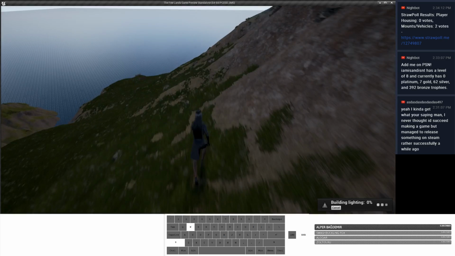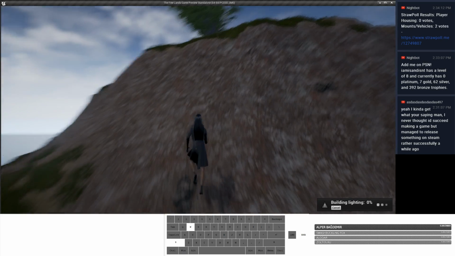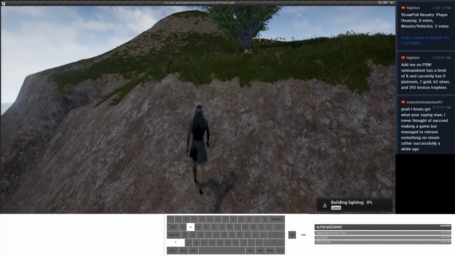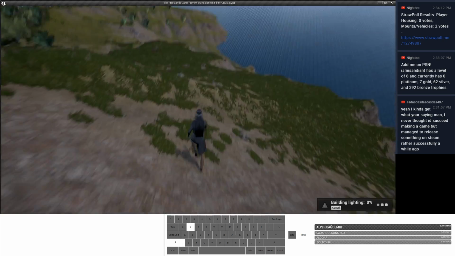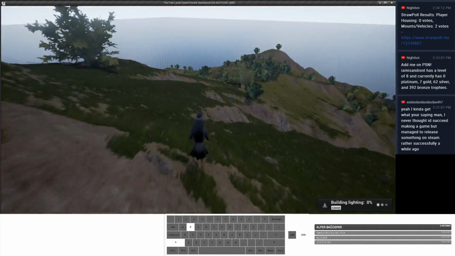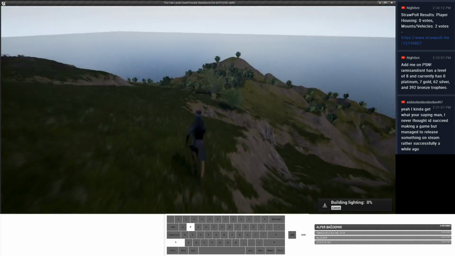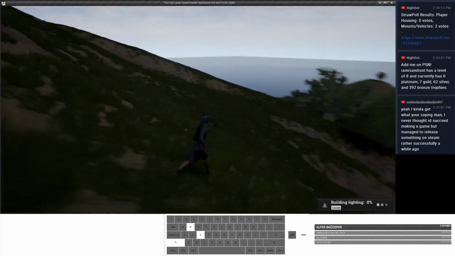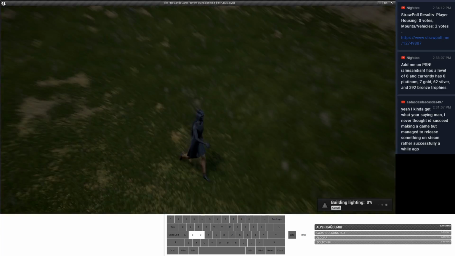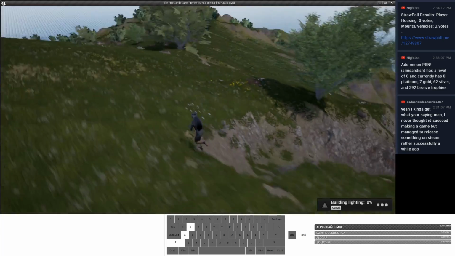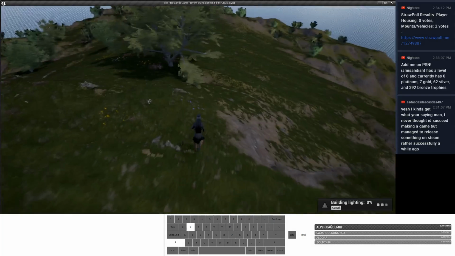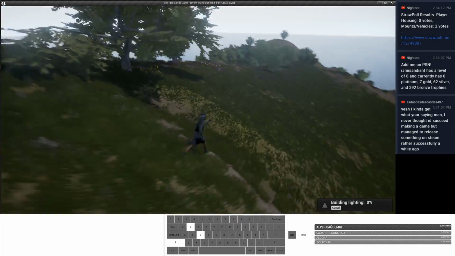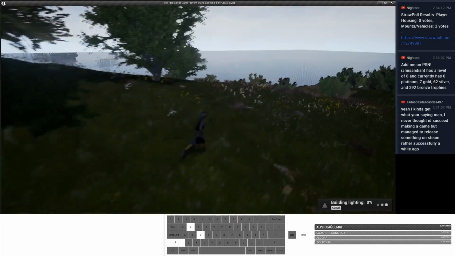Just one up here for the hell of it. You don't hear any birds anymore. But if I go down here, it's nice. I need footstep sounds, different types of materials to make different types of footstep sounds. Footstep sounds are a whole project unto themselves, so it's not something I'm just gonna slap in there.